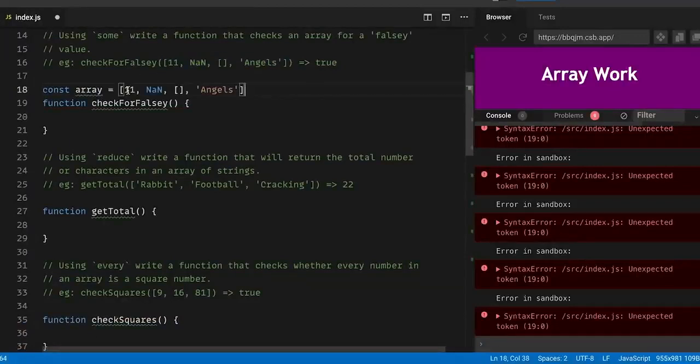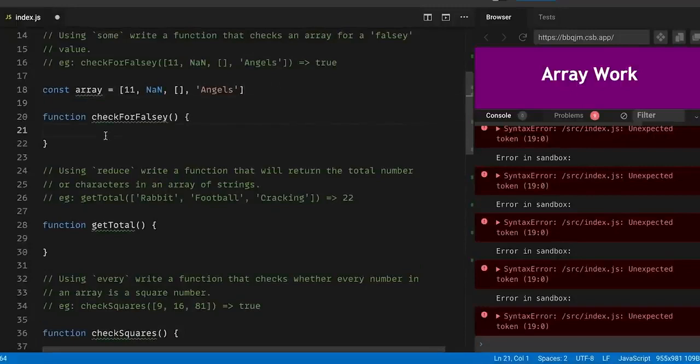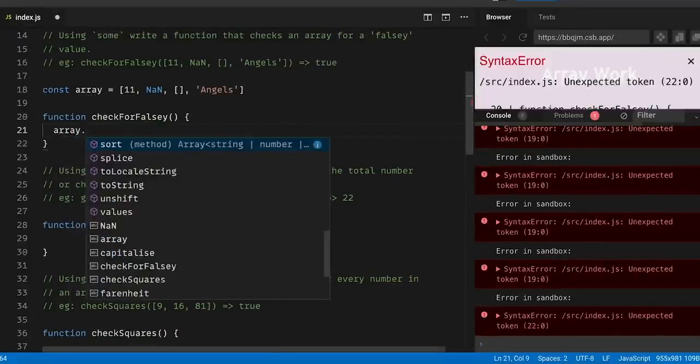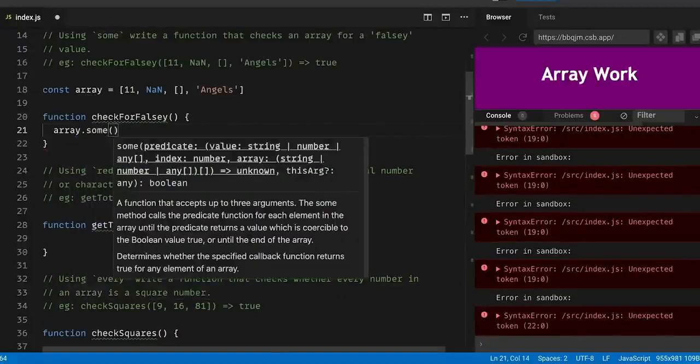And we need this to return a true, because some of these are falsy. Okay, some of these are falsy, so we need a true to come back. This, for example, is a falsy. So I would do this by grabbing the array and using some, because we are told to use some, and the